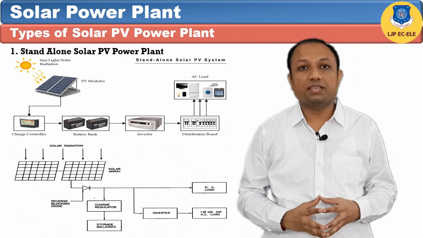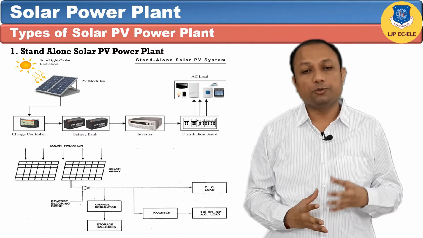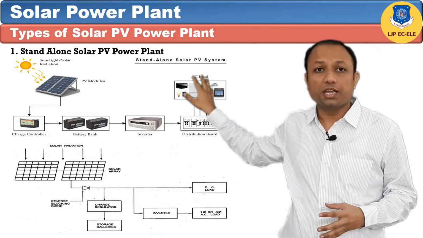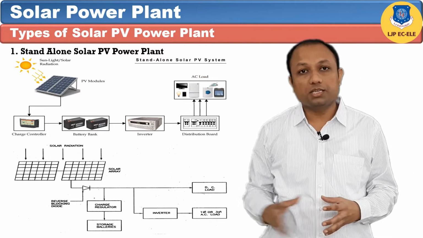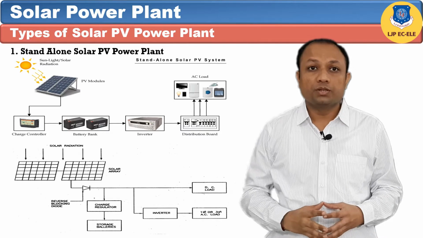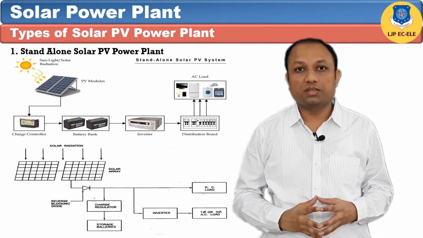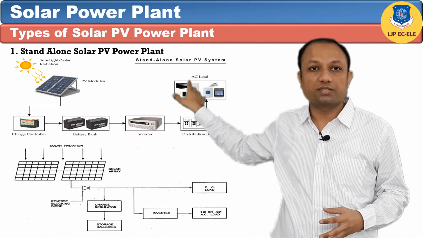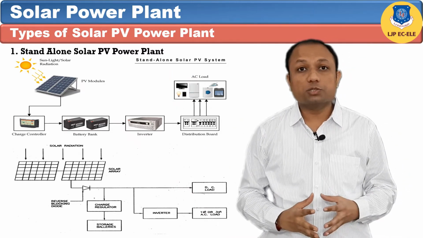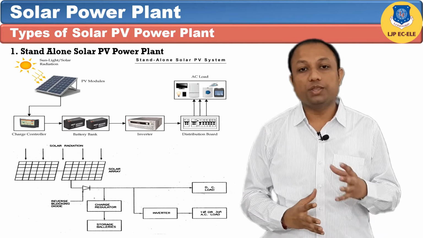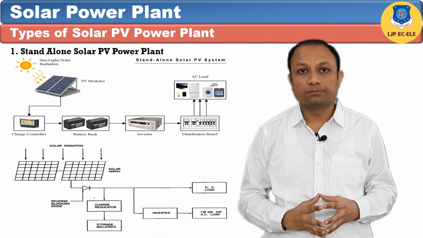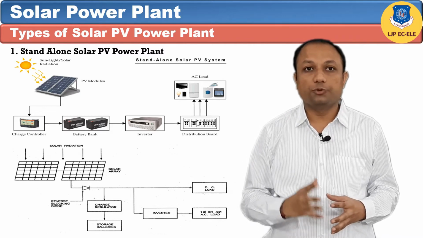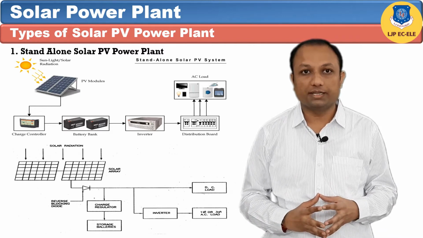When the load is AC type, DC is converted into single phase AC or three phase AC with the help of static inverters, and the AC power is fed to the load. During the daytime, along with supplying power to the load, the batteries are charged through the charge regulator circuit. A reverse blocking diode is connected between the solar cells and the batteries. This prevents the discharging of batteries through the solar cells during the night when there is no sunlight.